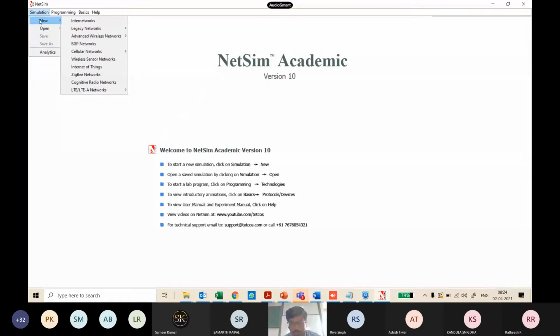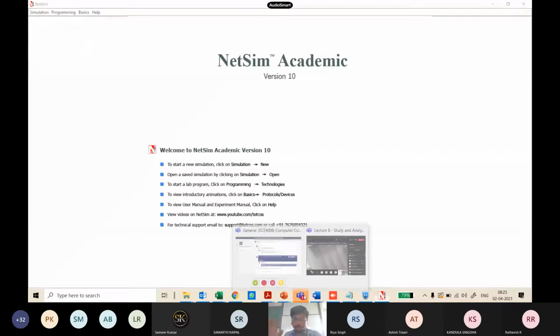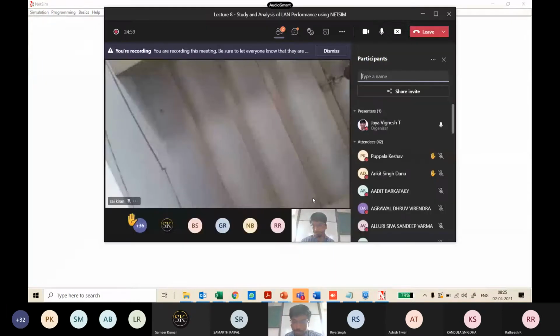So ideally what happens is your project that you're trying to create is created as a folder. Okay, so there is a folder that gets created. So whatever design that you're doing, the configuration actually gets saved as an XML.